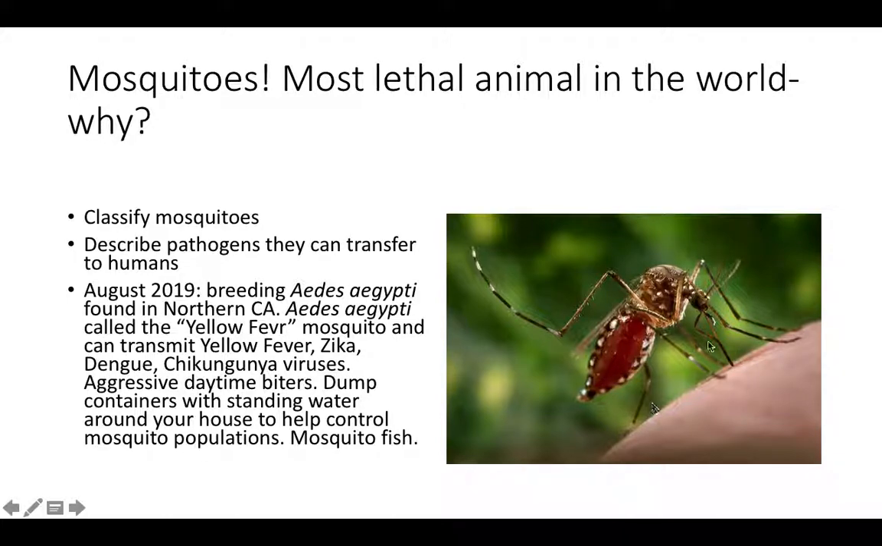So Aedes aegypti, you guys, again, I think I mentioned earlier, just this summer, breeding populations of Aedes aegypti were found here in Northern California. So this is bad news because they can vector many different types of viruses: the yellow fever virus, Zika virus, dengue virus, chikungunya. And with Zika virus, Zika has received a lot of press here lately because what makes Zika virus infections,